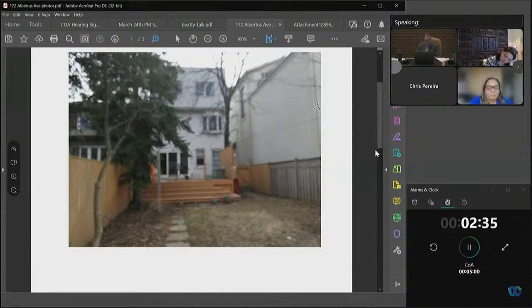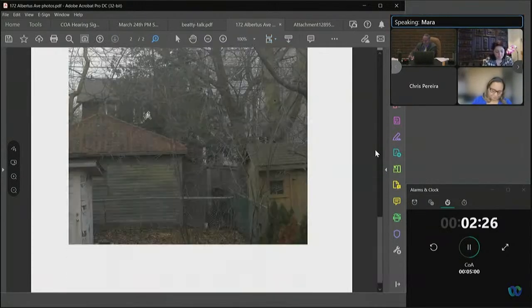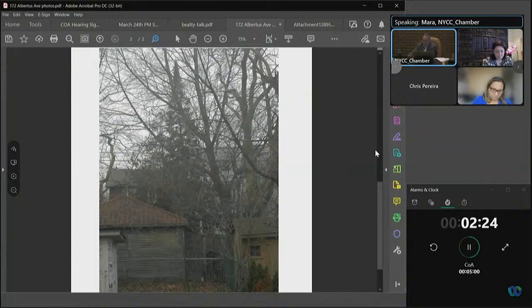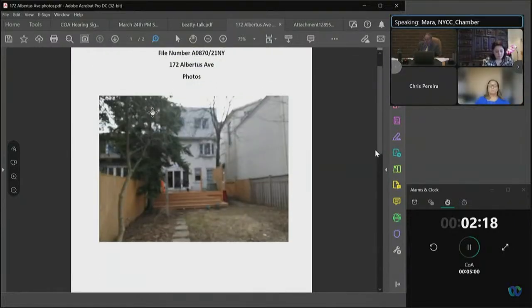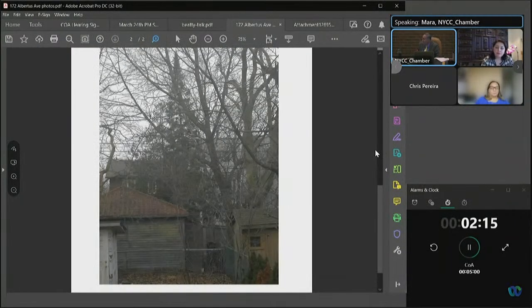The fourth issue is tree protection is not adequate. So if you could go down to the second photo, please. Oh, there we go. Okay, so you can see that there is a large mature 50-foot evergreen on the neighboring property,